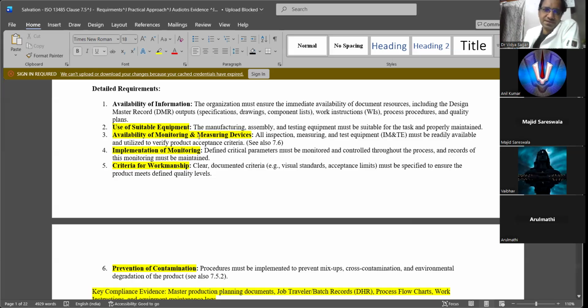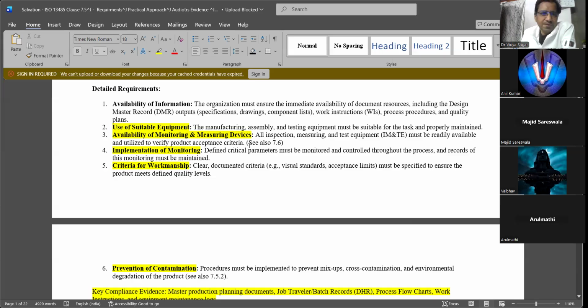First is the documentation, information, equipment, and monitoring and measuring devices: all inspection, measuring and testing equipment. You'll be doing a lot of testing: QC tests, in-process tests online, finished QC. Whether the equipment is there or there is a lack of equipment, or the equipment is under maintenance, damaged, or calibrated or not. All these things you need to look at.